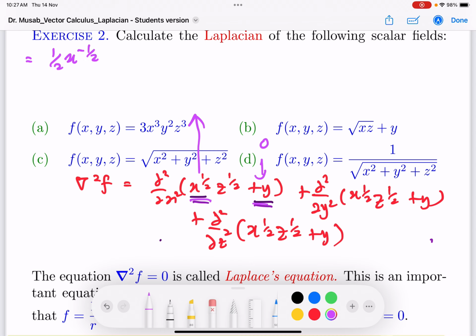Alright. Okay, this one becomes 0. Right, so this one becomes 0. So we didn't go into this detail. I mean, we didn't calculate that one. Okay, so next part,